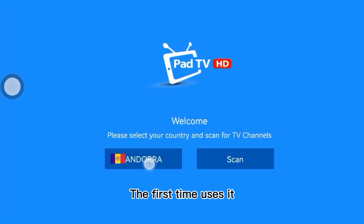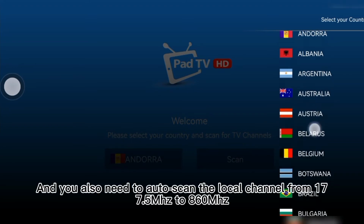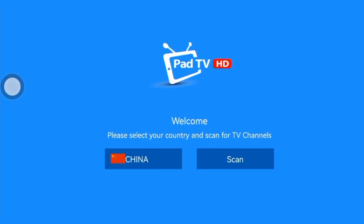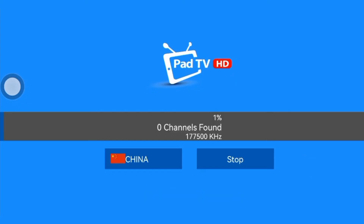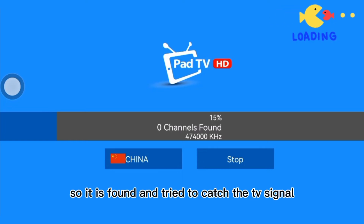The first time you use it, you need to choose your country. You also need to auto-scan the local channels from 177.5 MHz to 860 MHz. Please wait patiently. In our demo, the TV channel was at 474 MHz, so it was found and tried to catch the TV